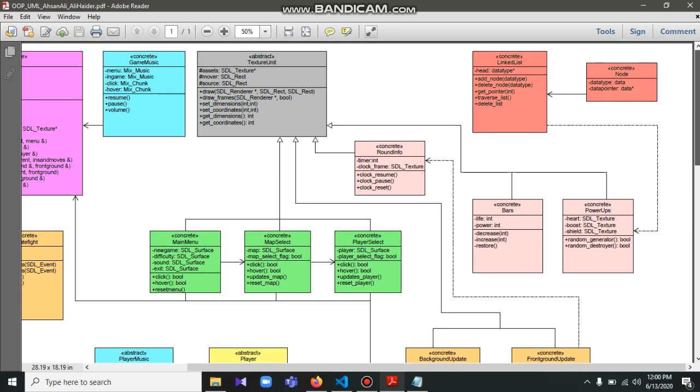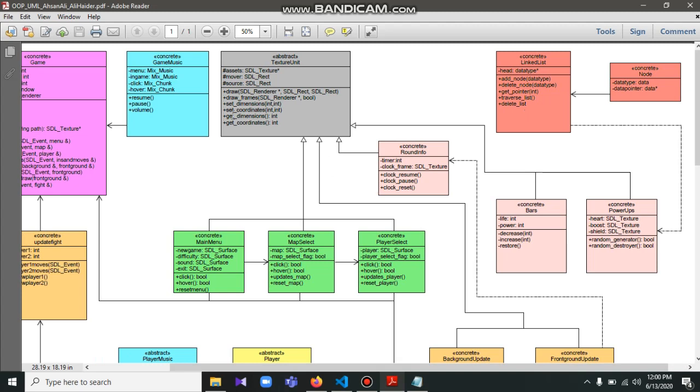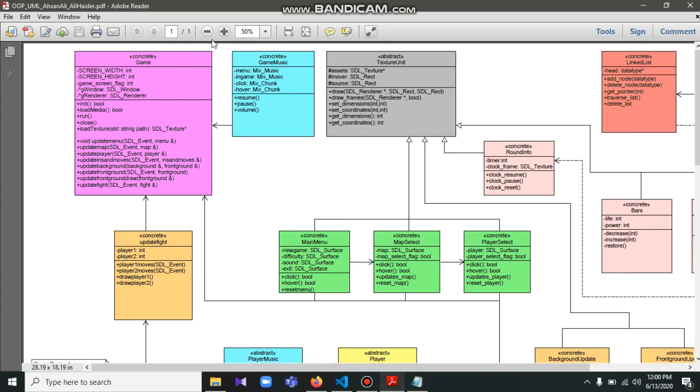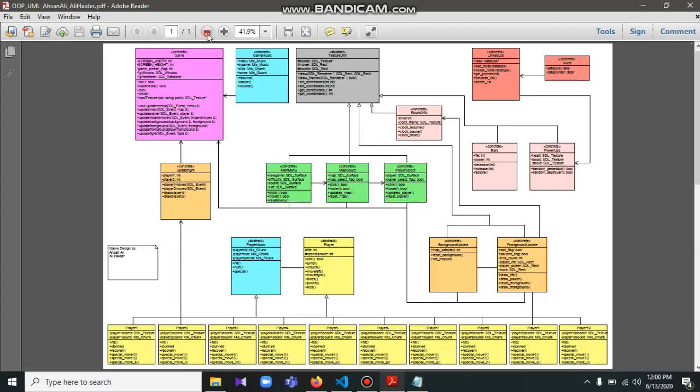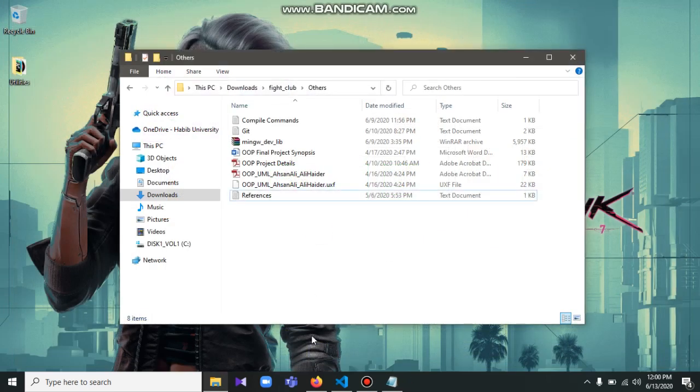And apart from that, currently we are not using the linked list, but in future, if we make some changes to the game, then we might implement linked list in form of some object. But if we don't, then I will remove this part. As you can see, it's weakly attached. Anyways, this class is of the game music, and you can see the connections or the relations among the classes, their inheritance or their dependencies, strong relations or weak relations. So that is pretty much it for UML.